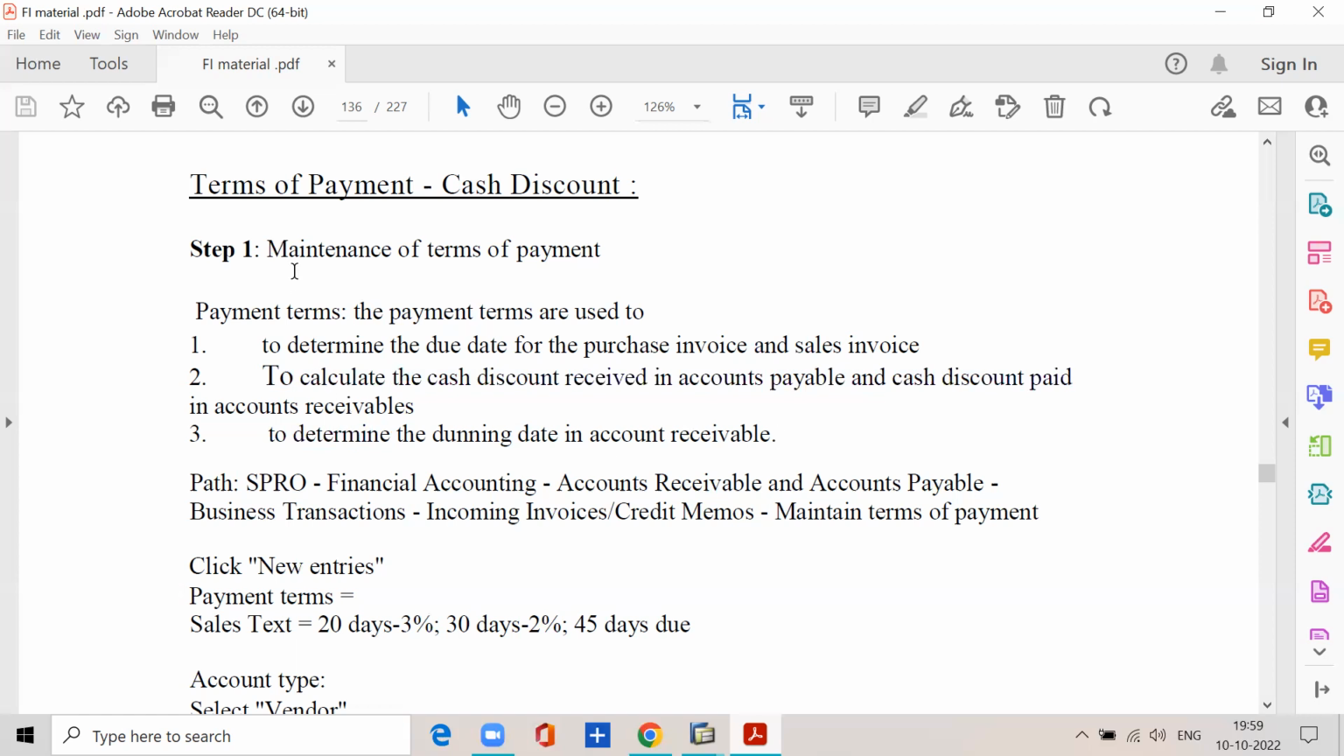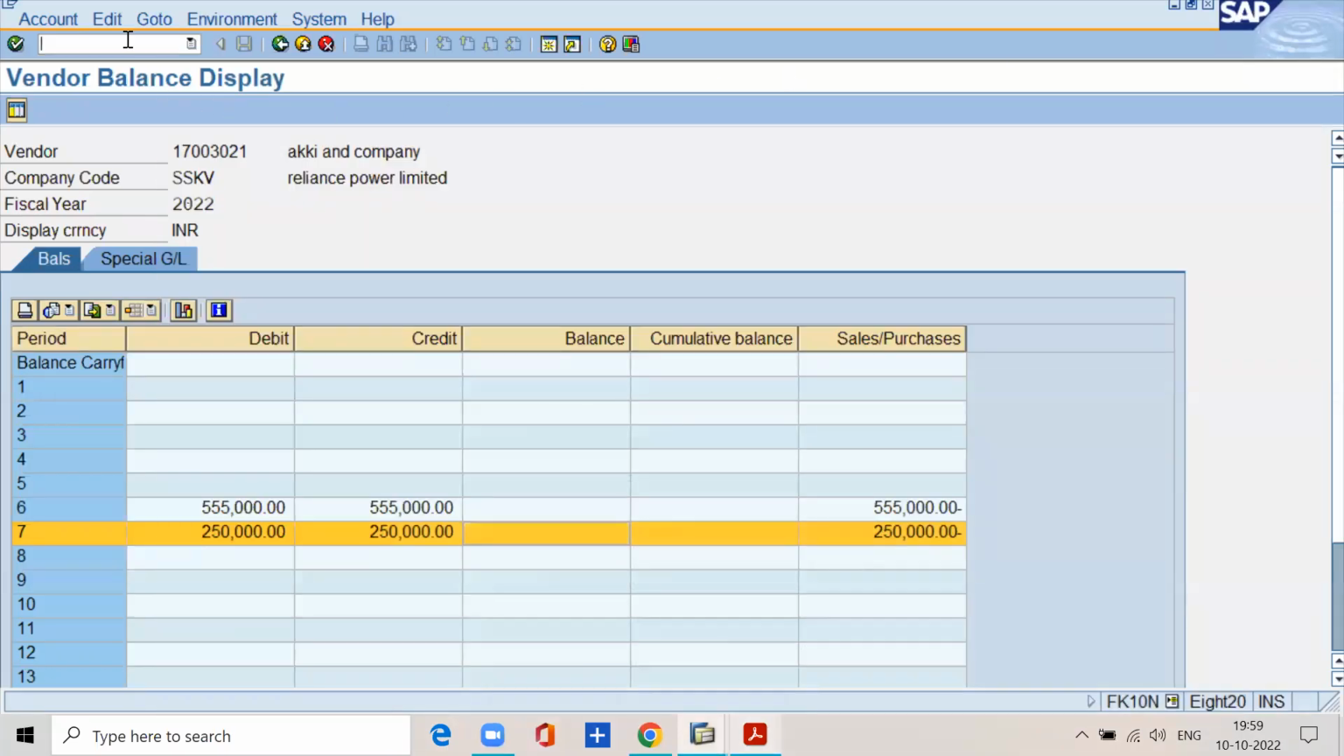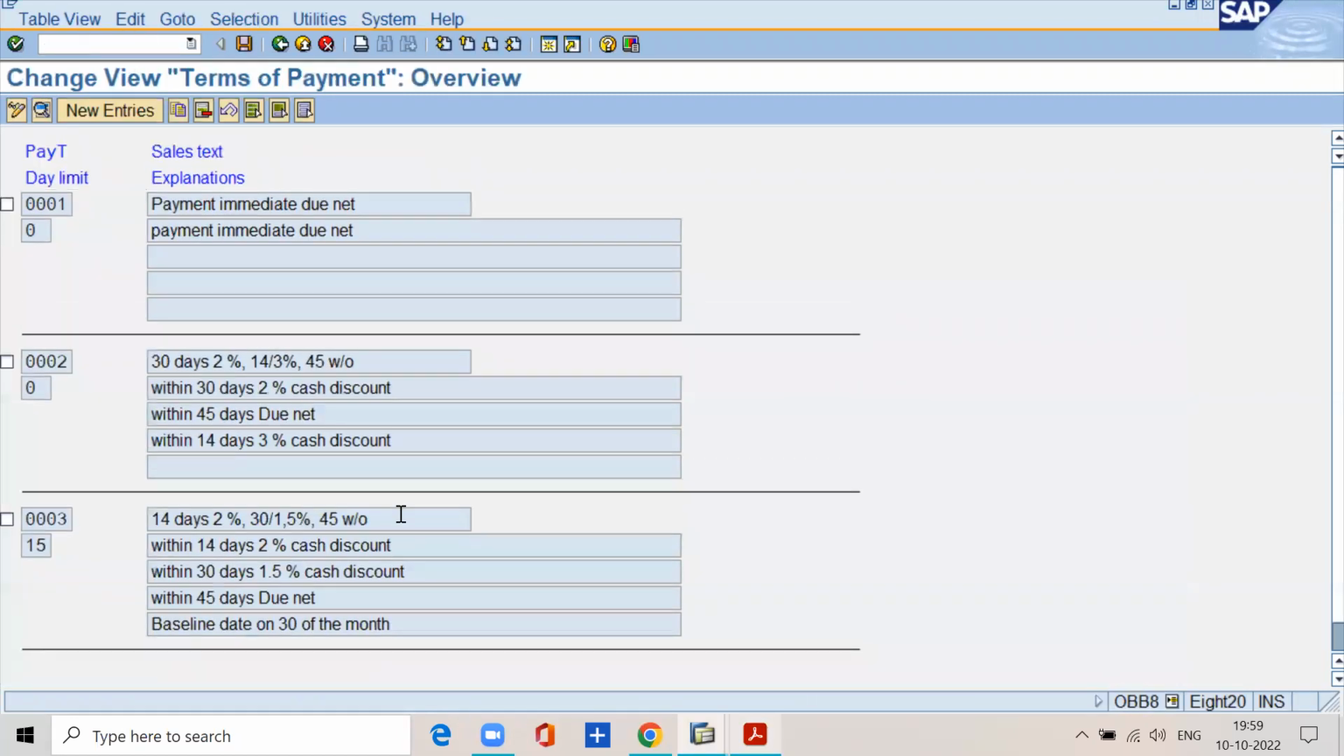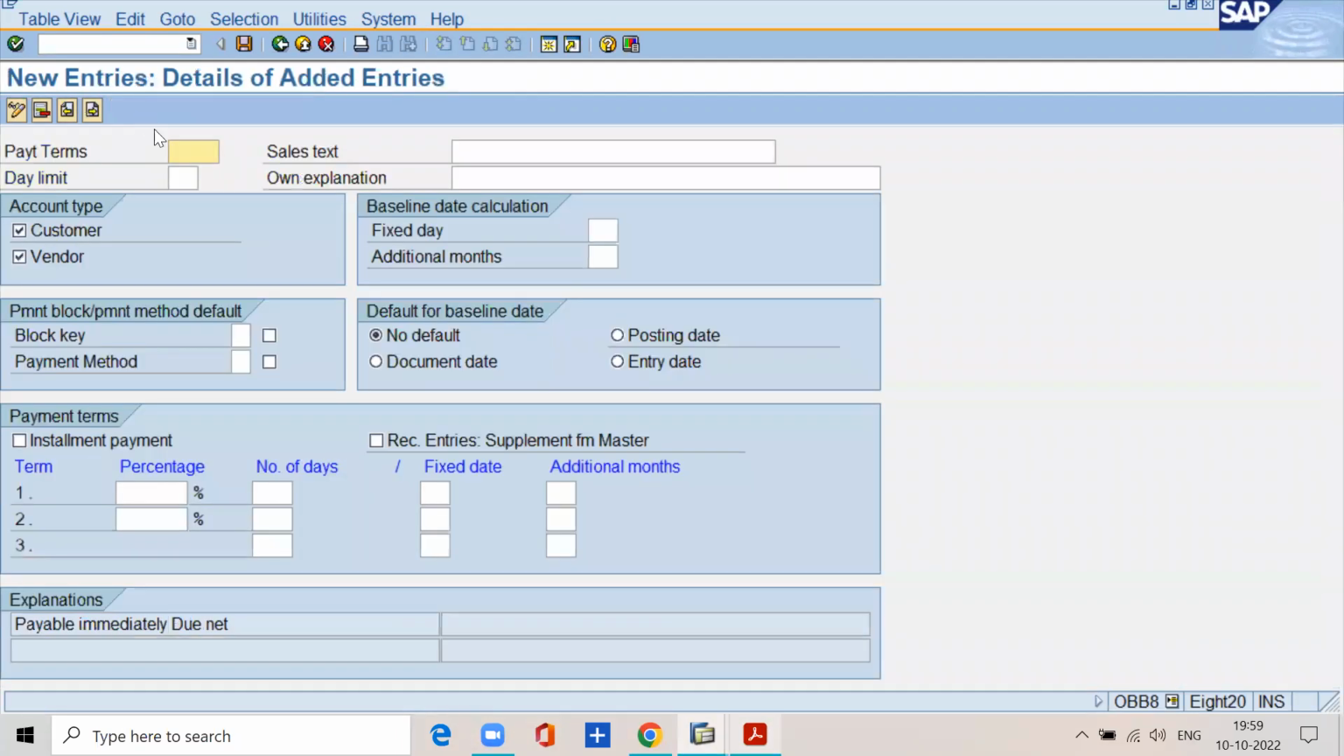Now let us see how to create our own payment terms. Transaction code OBB8. Here you can read the transaction code after the path. These are the payment terms which have been already created. Click on New Entries. Payment terms is equal to SSKV. Sales text is